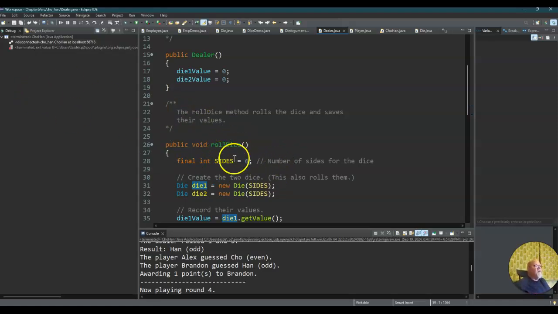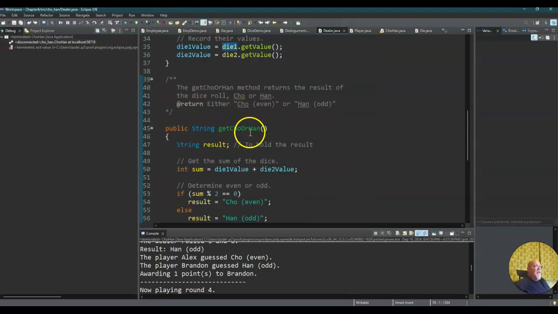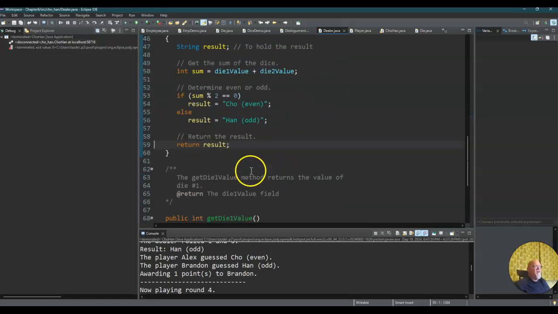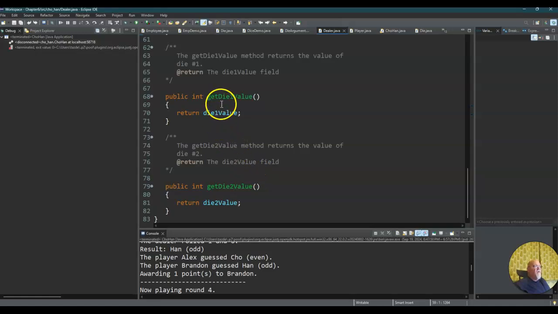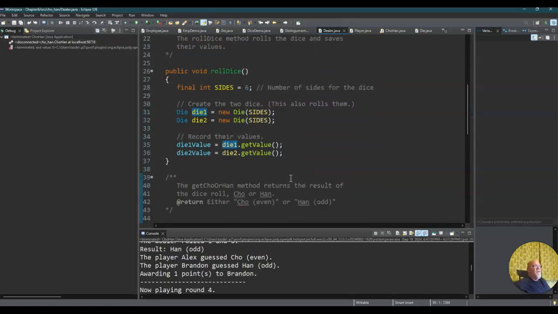Anyway, the dealer is only worried about rolling the dice and then getting cho or han, which is getting the values from the dice and determining that, and then it can return the die 1 value, the die 2 value, and that's it. So this guy's not worried about player names or anything like that. All he's worried about is the dice and adding those dice together and determining whether it's odd or even. Okay,